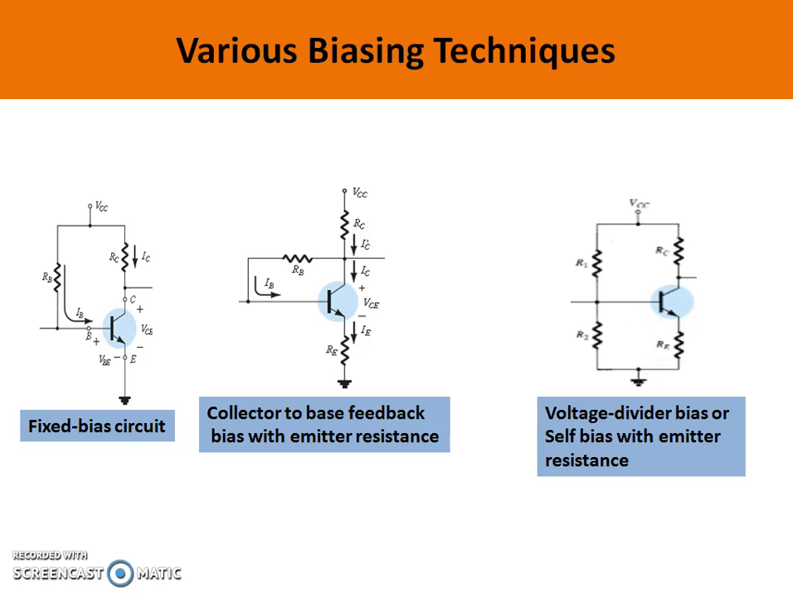This emitter resistance provides stability to the network by providing negative feedback on input side, which is not available with fixed bias circuit. Compared to fixed bias circuit and collector to base feedback bias with emitter resistance circuit, voltage divider bias or self bias network is found to be more stable. Therefore, we see